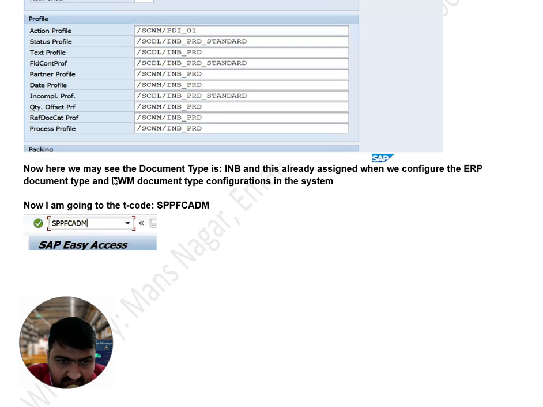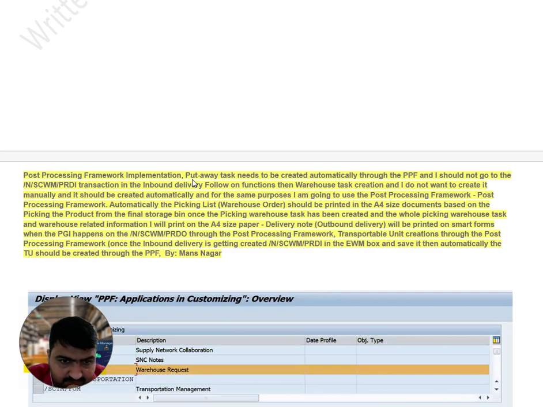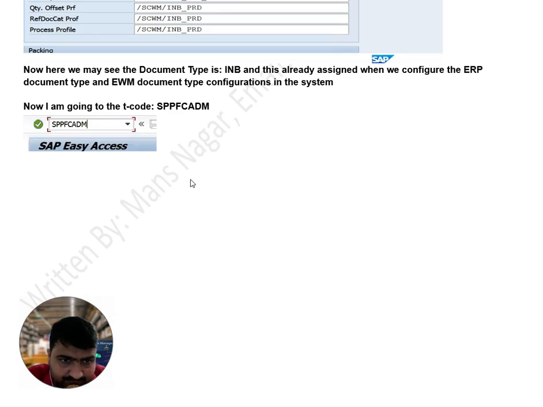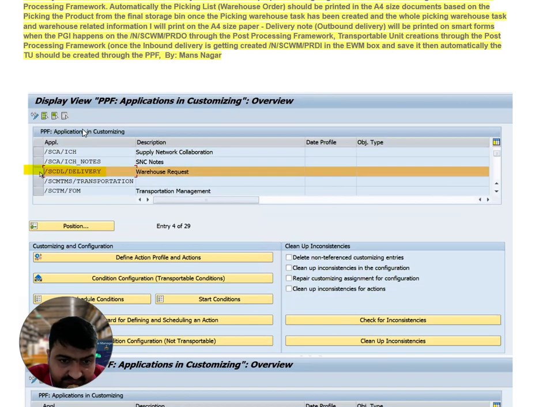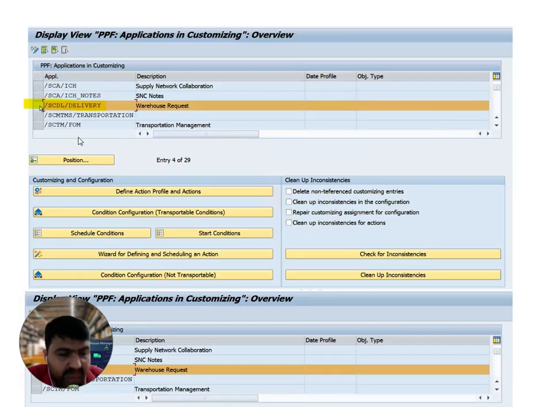Now here we see the document type inbound delivery, and this is already assigned when we configure the ERP document type. Okay, configuration in the system: SPPFCADM. This is the standard transaction or report.